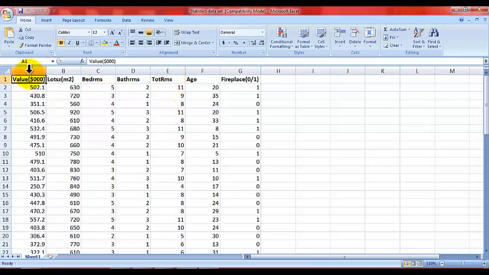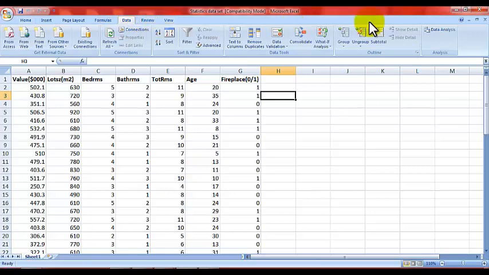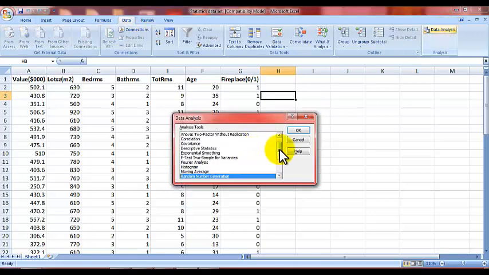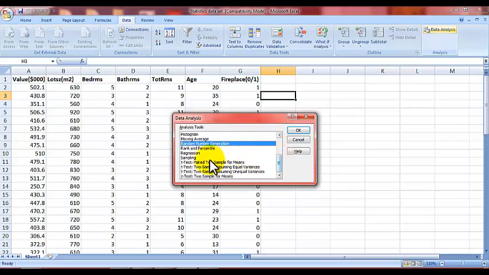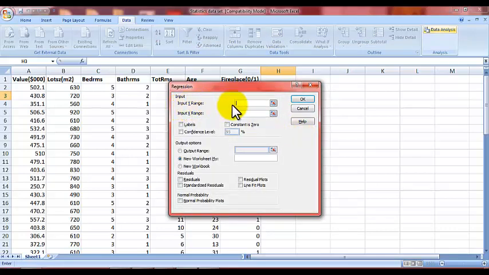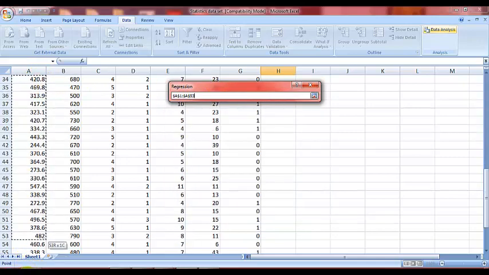So I want to find out whether the property values are dependent on the total rooms, which is a variable. So what I'll do again is use the data analysis tool to conduct a regression test, and hopefully we can go from there and get the answer. So once you've clicked Data Analysis, click on the Regression option, click OK, and we're inserting the variables for the first